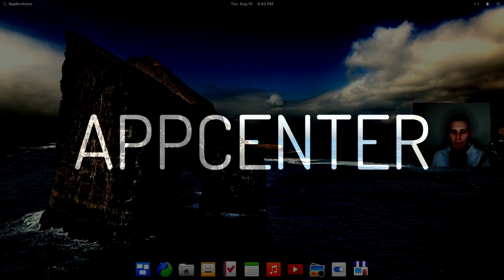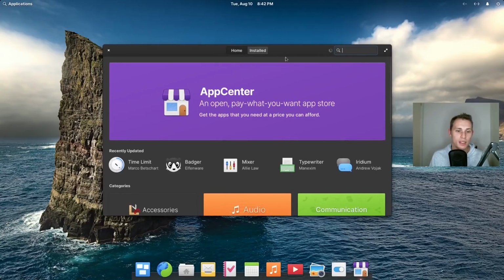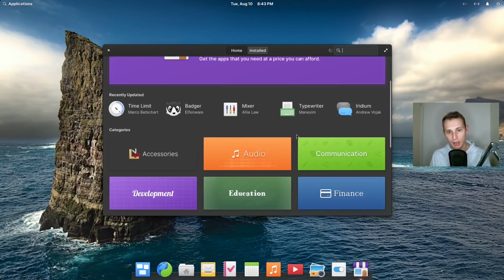Right, let's talk about the AppCenter. The AppCenter has undergone a fundamental shift, and that is away from traditional .deb installed packages and towards Flatpaks. Now, this has kind of a whole story behind it that I'm not going to go into now. But essentially, what I'm glad to report is that once you have FlatHub enabled in the AppCenter, and I'll show